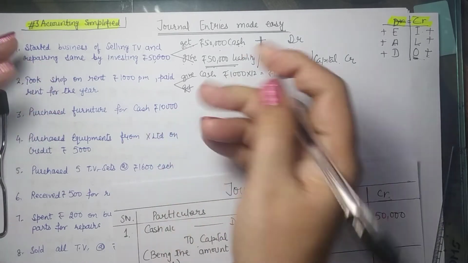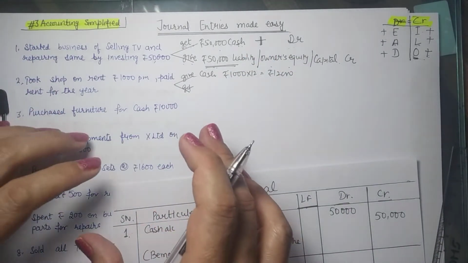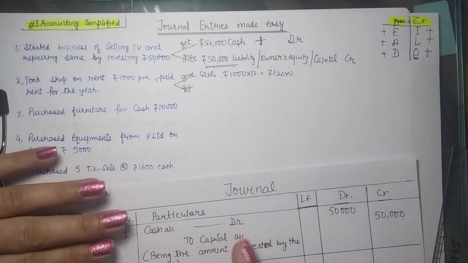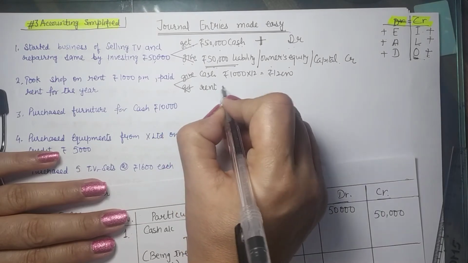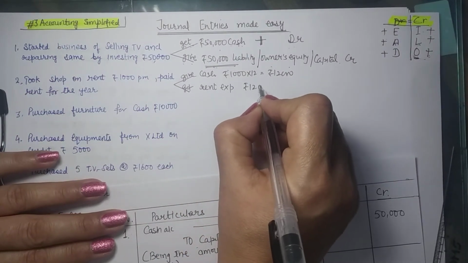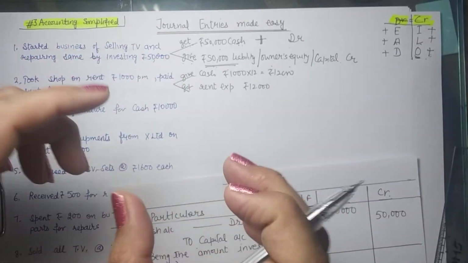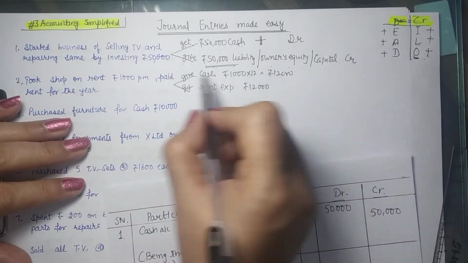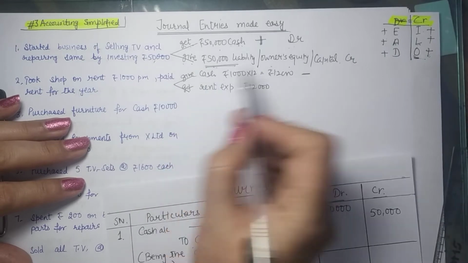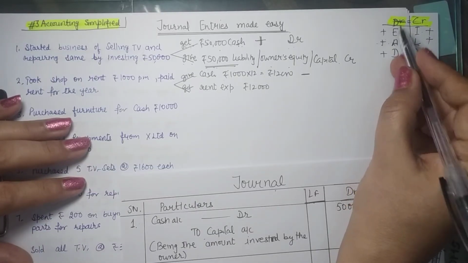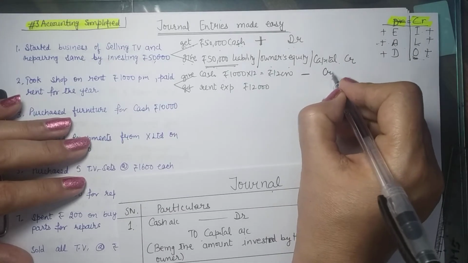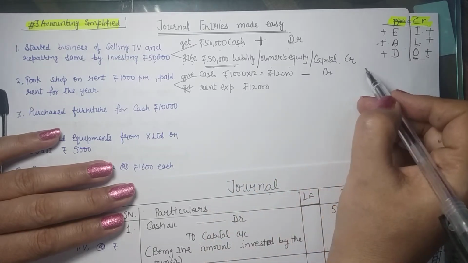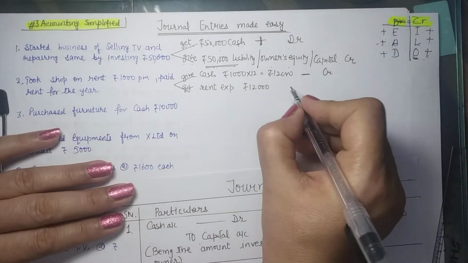Okay. But do you get it for yourself? No. You just got the facility to use it. So whenever we get only the benefits for a limited time span, they are referred to as expense. So we have got a rent expense of 12,000. So we understood the effect. Now understand the nature, plus minus. You gave away cash, so your cash is reducing. Okay. So cash being an asset, its positive is debit, so its negative should be credit. Expenses, the expense positive is debit.